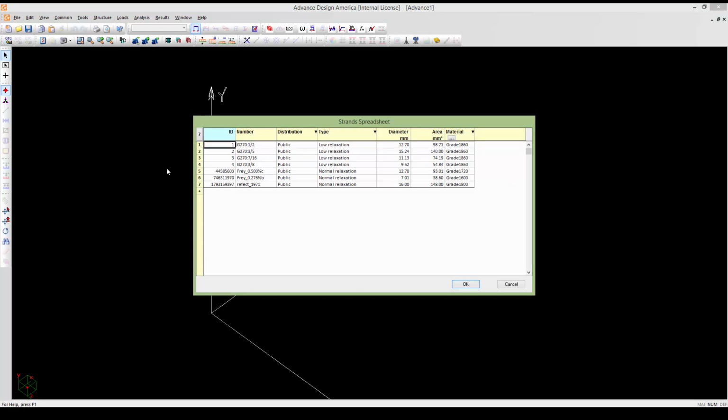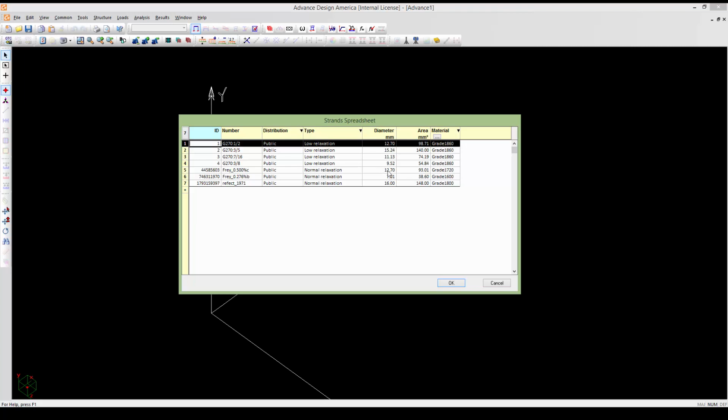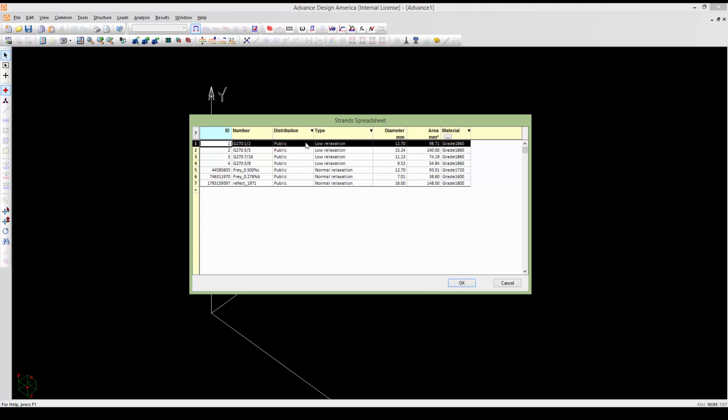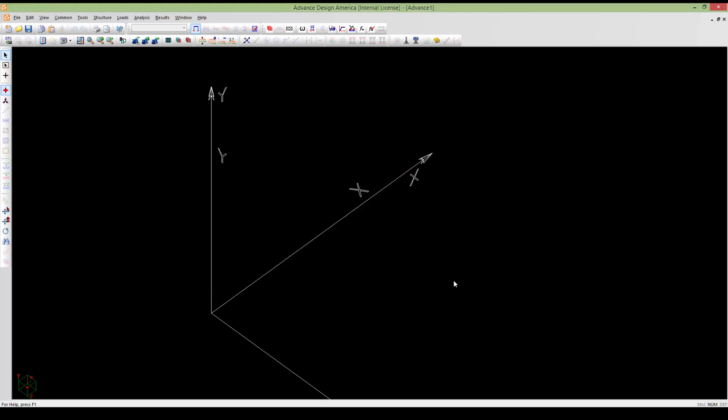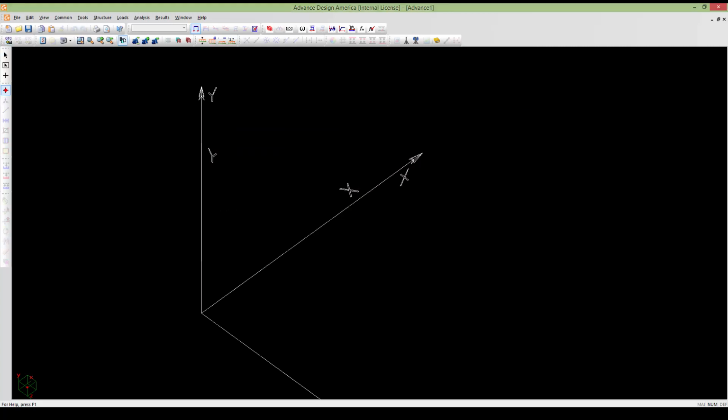And for the strands we will use this strand type. As you see, it's already defined here, but if you don't have it in your model, you can always define a new strand type. Okay, now I'm going to build the geometry and the beam itself. So it's a 2-span beam,